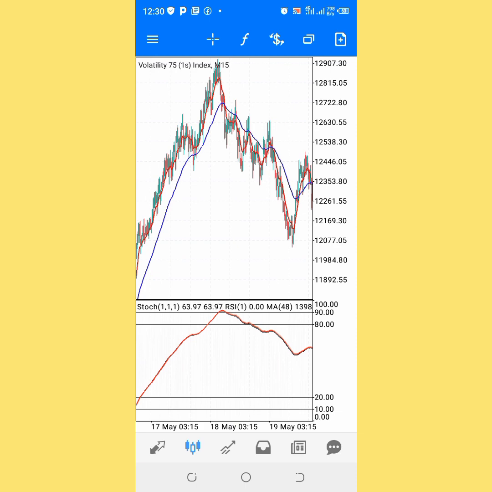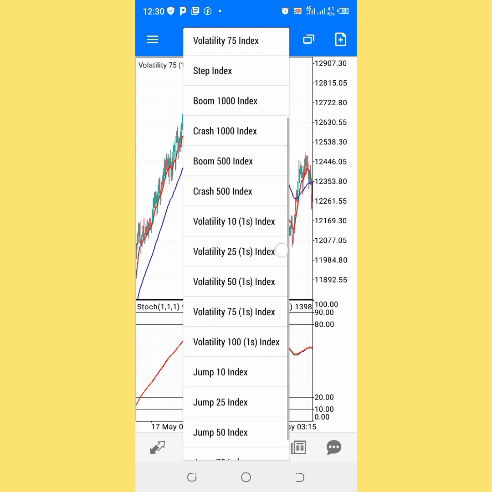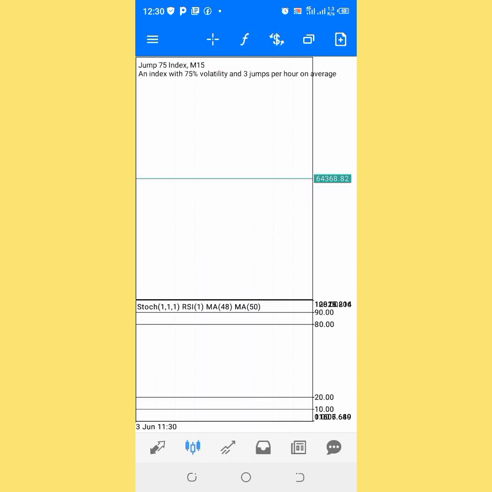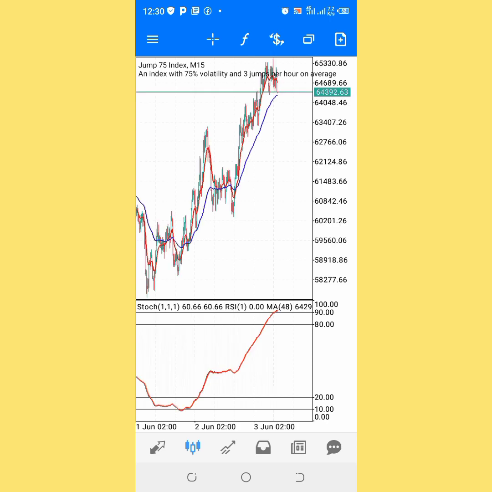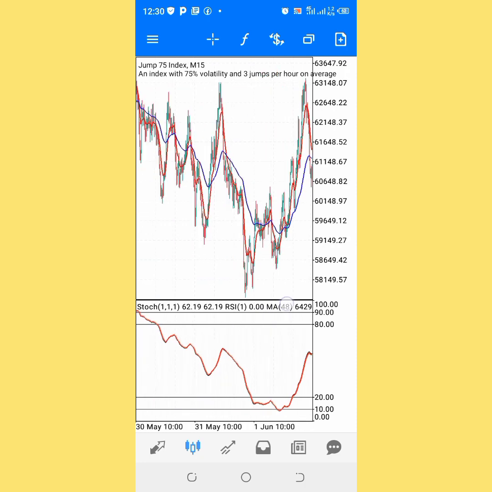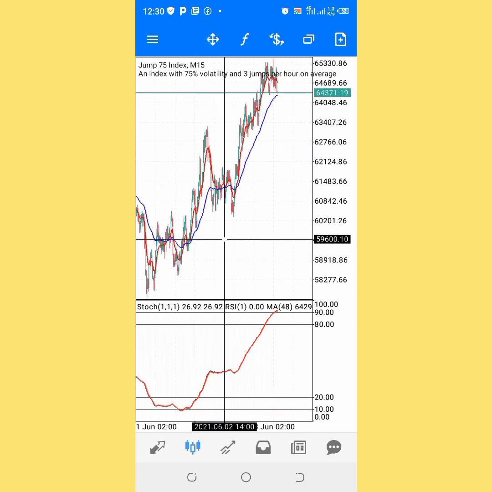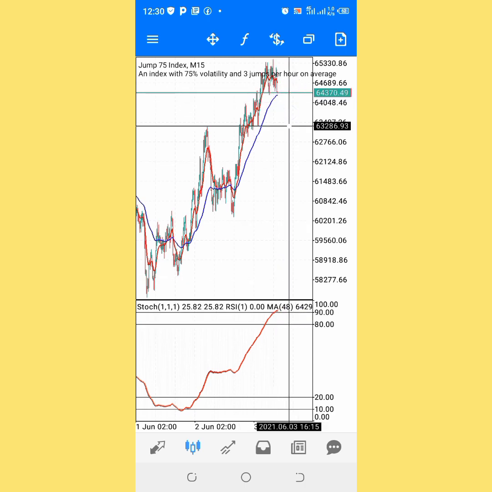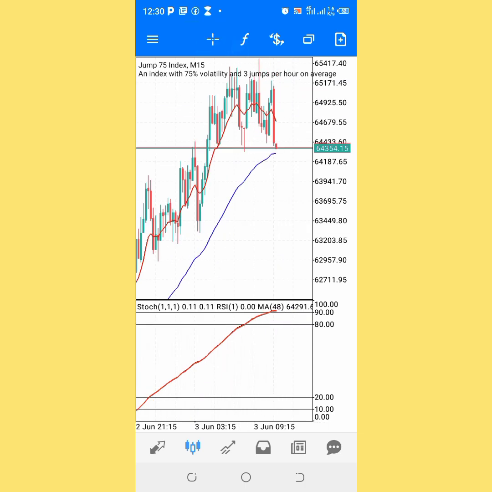So let me check another commodity on the jump index. Let me check Jump Index 75. Just as you all know, the 75 index has been the stupidest and the craziest index from the beginning. A first condition has been made here. But the second condition has not been made, all because the crossing over has not occurred